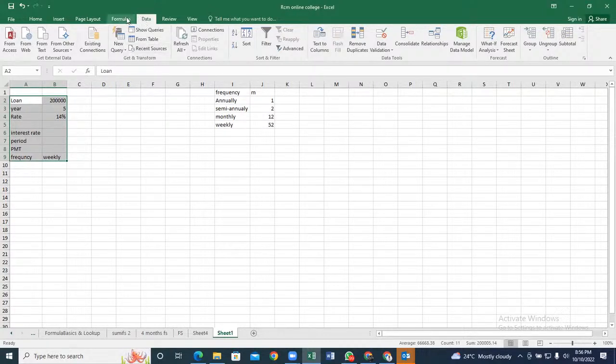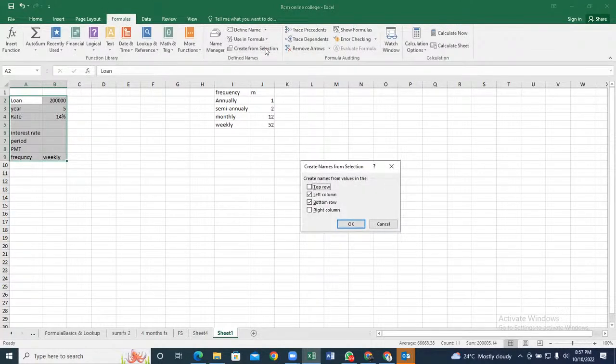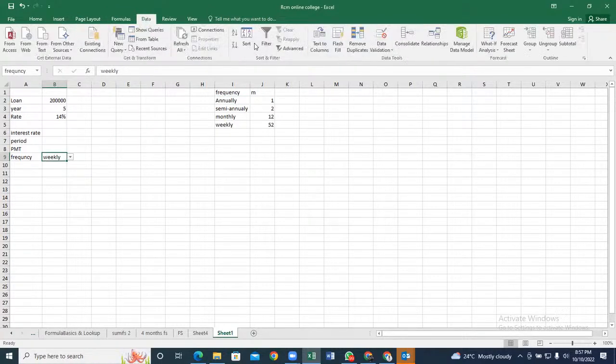Then we move to formulas, create from selection. For data validation, that's what we are supposed to do. We only need the names, and we can even type these names manually in the formula. But because typing will take a lot of time and we already have the list here, we just come here, move to data validation,